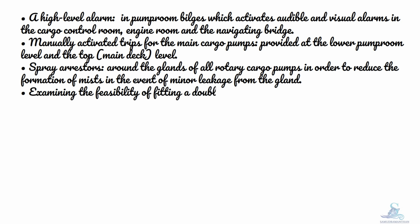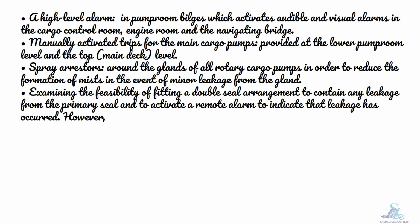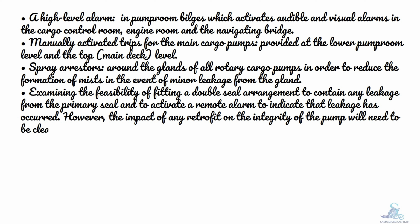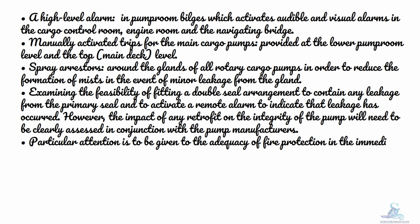Examining the feasibility of fitting a double seal arrangement to contain any leakage from the primary seal and to activate a remote alarm to indicate that leakage has occurred. However, the impact of any retrofit on the integrity of the pump will need to be clearly assessed in conjunction with the pump manufacturers. Particular attention is to be given to the adequacy of fire protection in the immediate vicinity